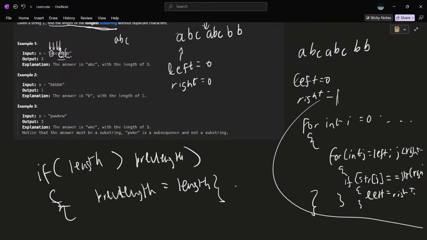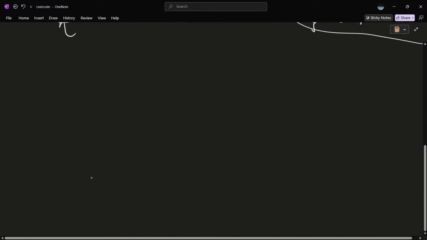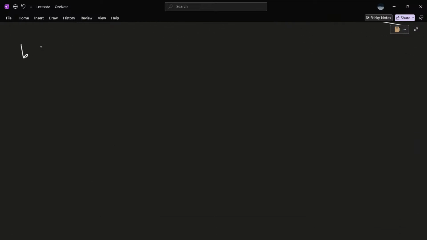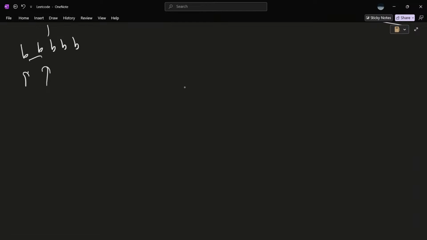I think I got a basic idea for it. Let me just also see what happens with B. So let's try this. Let's just say you have B. So you start here. You move this one. Then you immediately check, and you're like, okay, this is the same. So this is going to go here. Check, same, so this is going to go i plus 1. That's important, I guess. When we set this equal to this,